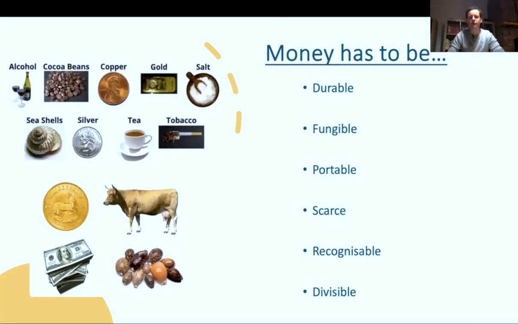What about gold? Gold is difficult to divide. It's not really divisible. It's hard to cut gold up, and it's hard to carry over long distances, so it's not very portable. But gold is durable, it is recognizable, and it is scarce. It's quite a scarce asset, which keeps its value quite high. But I want to keep this relatively concise, because this discussion on money could go on for hours.